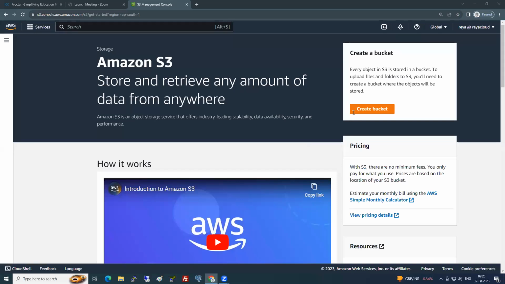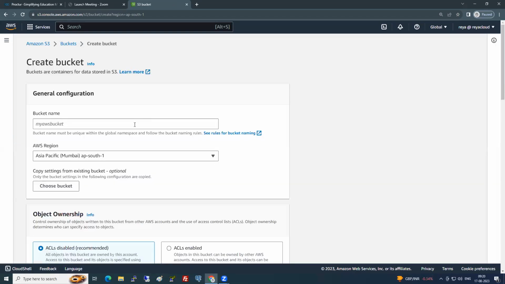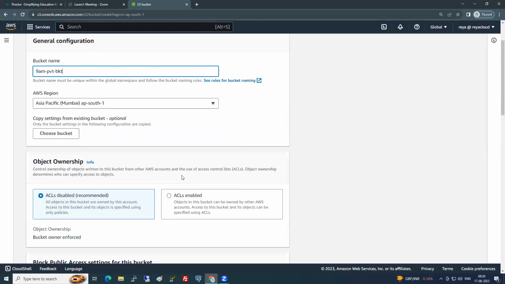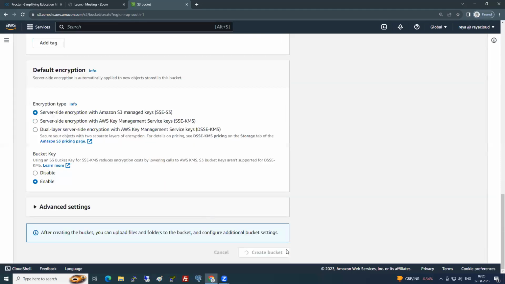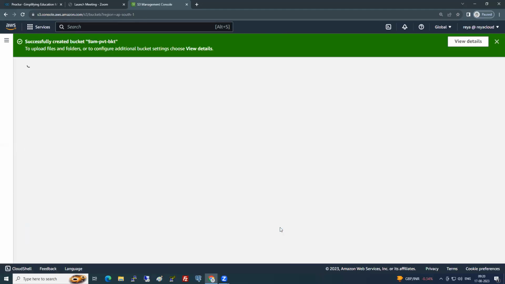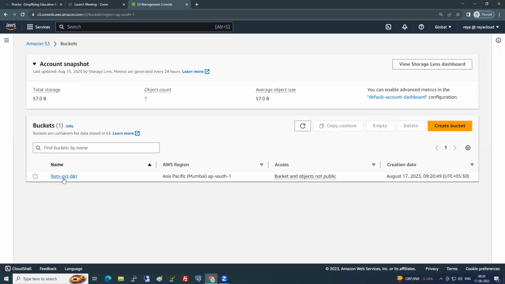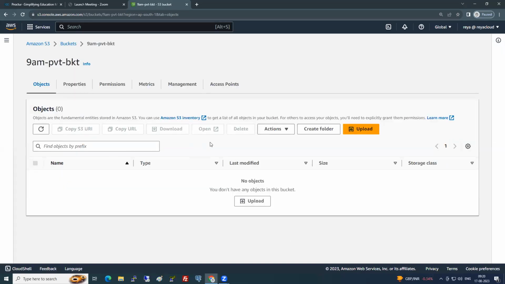Okay. So what we're going to do today is see the rest of the options that we have. For that, we need to just create a bucket to see all of the options. So let's go with a private bucket. Mumbai is fine. ACLs disabled is fine. I'll just go ahead and create a bucket just to see the options. I go inside it. See, yesterday we worked on the objects, correct? And in properties also,